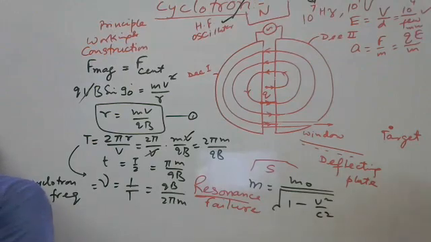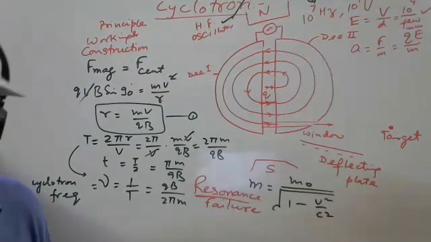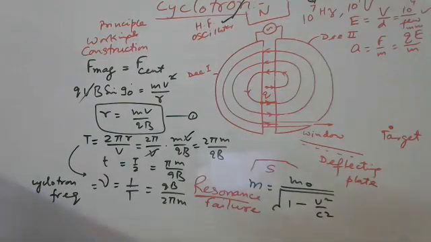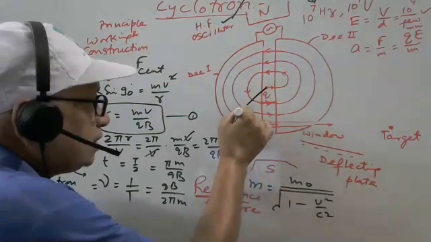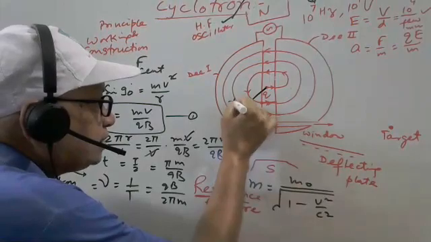After that, the particle should come out. It should come out, because now the kinetic energy will not increase there. So this is the maximum kinetic energy, and what is the maximum kinetic energy? We can find out here. One more thing. Let us say this is the maximum radius R0.